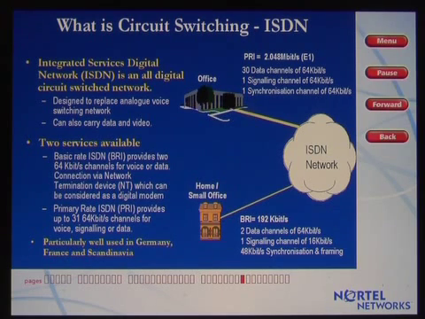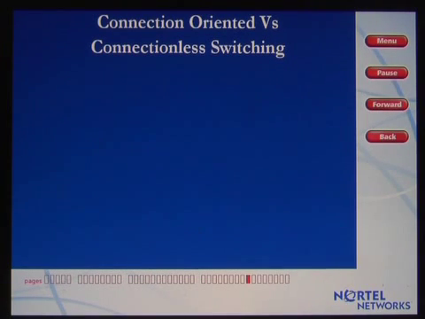ISDN has been particularly successful in Germany, France and Scandinavia, where it is tariffed competitively against normal analog and low-speed leased lines. ISDN has been used for small office, home office, SOHO interconnection, LAN interconnection and video conferencing. It is also used to provide bandwidth on demand and link failure backup. In both these modes, the flexibility provided by the ability to signal a connection is of great significance. There are two basic types of networks: